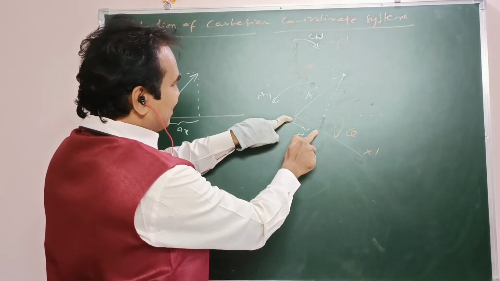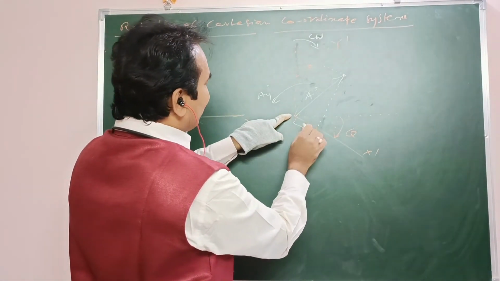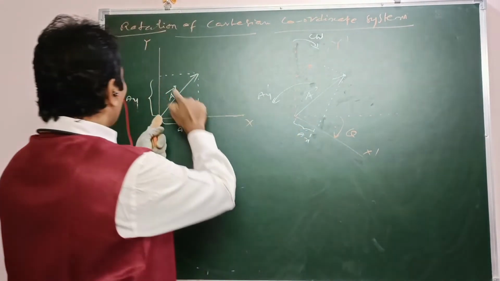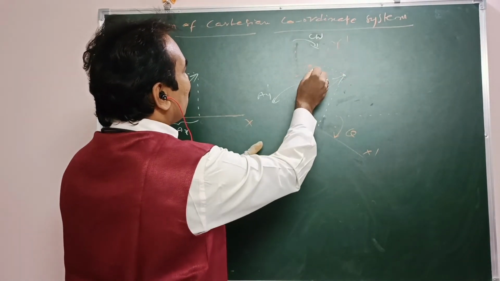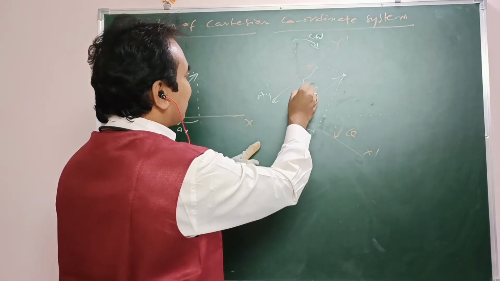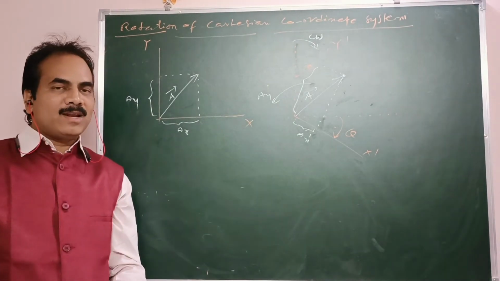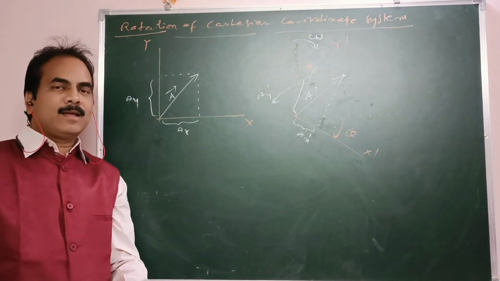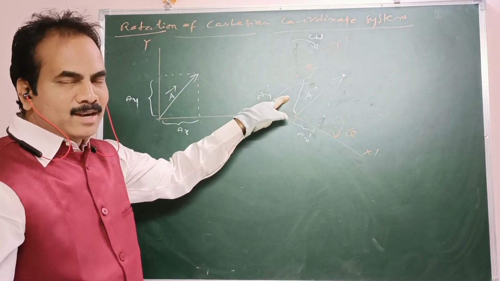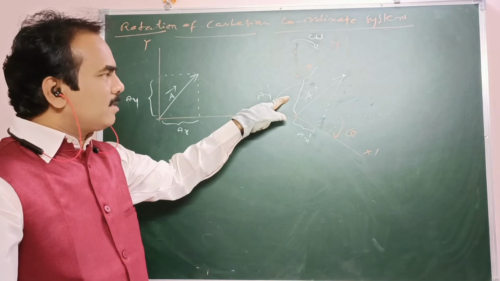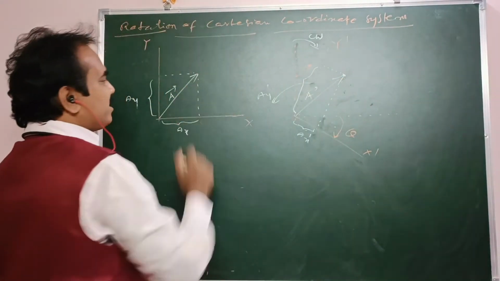x coordinate decreases. See, this is the x coordinate previously. Now this is the x coordinate. X coordinate decreases. Now y coordinate increases from here to there. This is the new y coordinate. Okay. So with the rotation of Cartesian coordinate system, by keeping given vector fixed, what happens? Coordinates, x coordinate or y coordinate may change, but as usual total length or total magnitude of vector remains same.